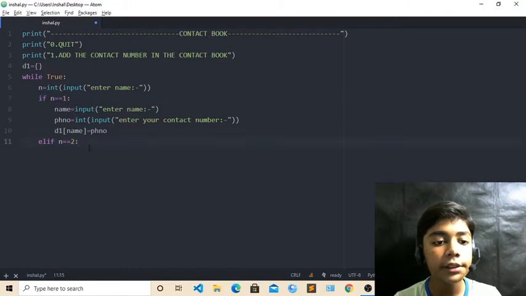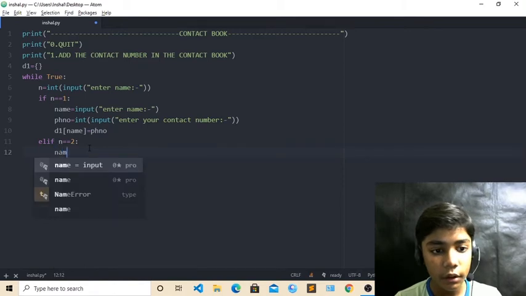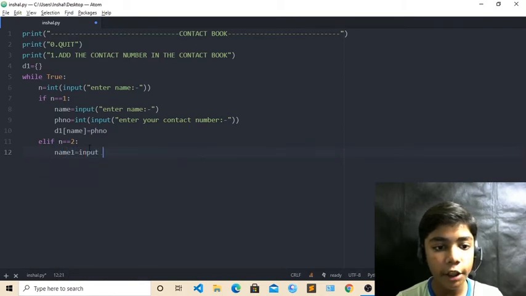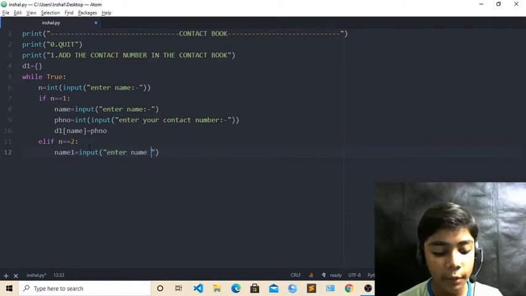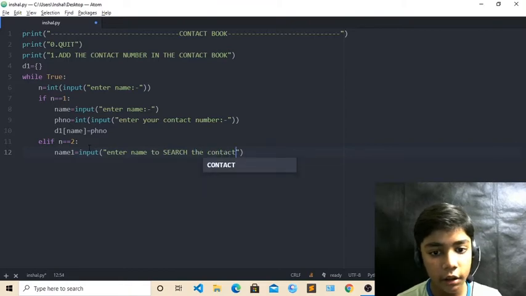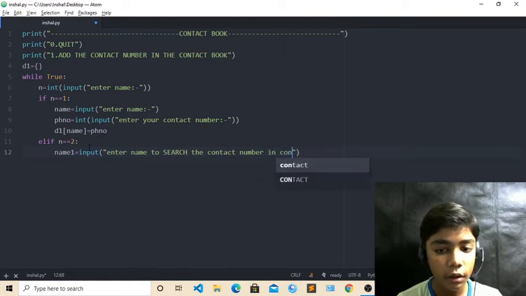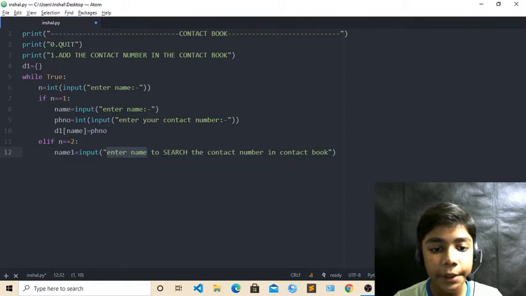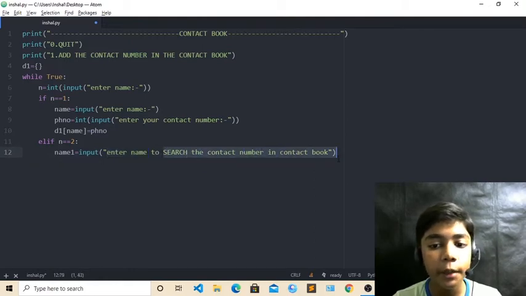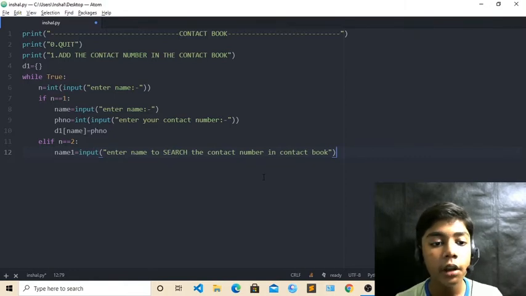Now come over here and define name1, which will be input, in which we write enter name to search the contact number in the contact book, because the user will enter his name, then he will search his contact number in the contact book if he has saved his name and number here. Now till here we have done.